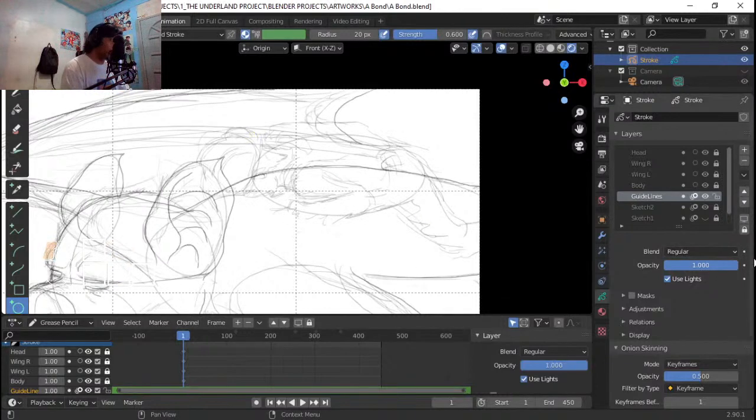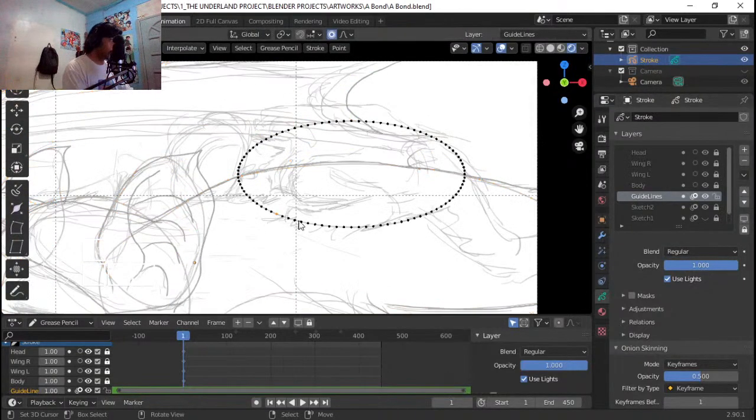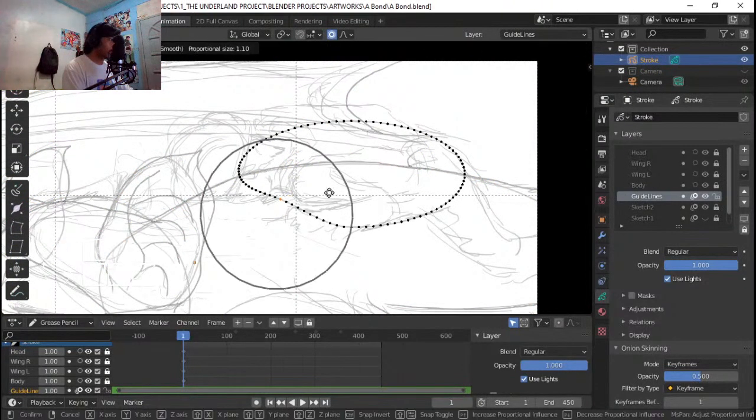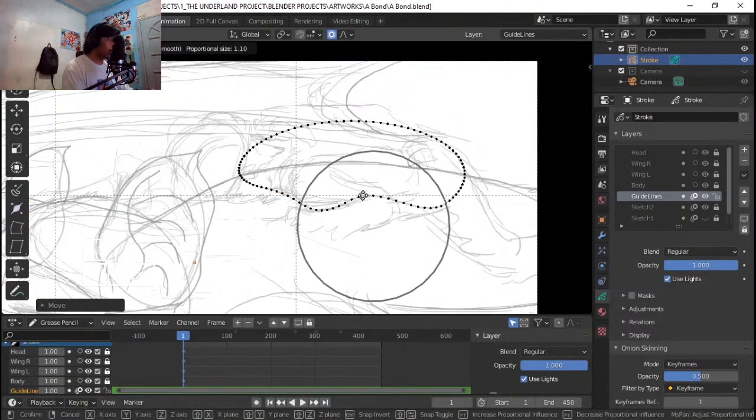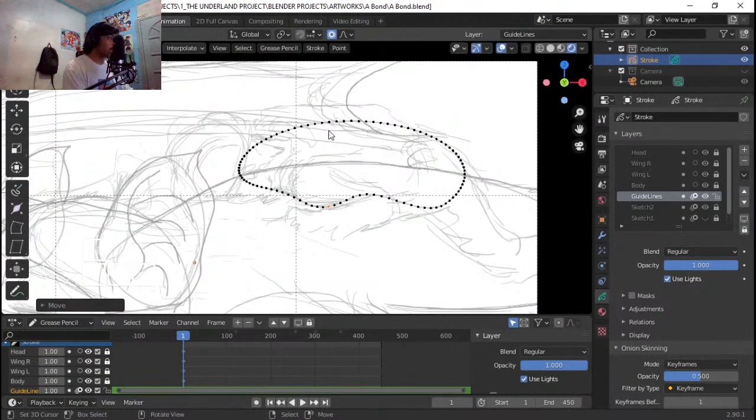I'm gonna increase the opacity. So the more I add shapes here, the more it gets confusing. So I don't have a solid workflow yet for